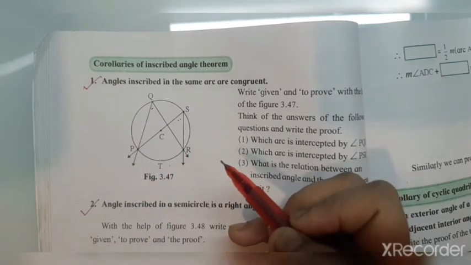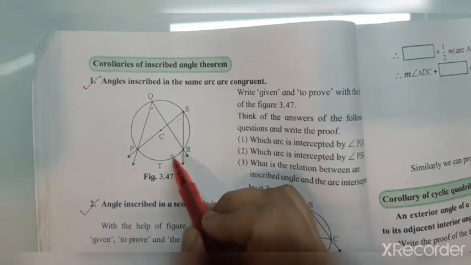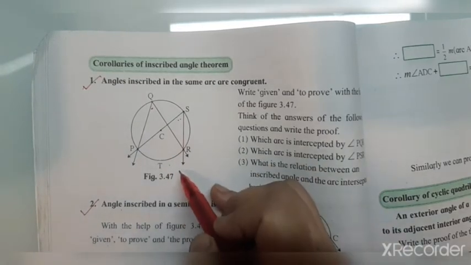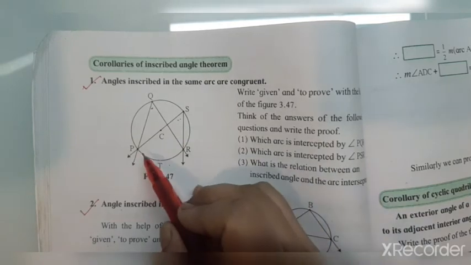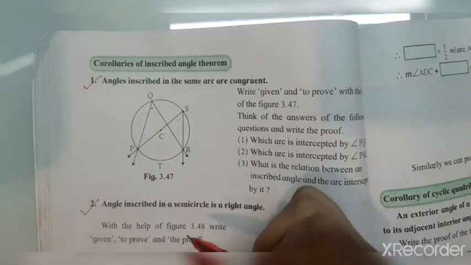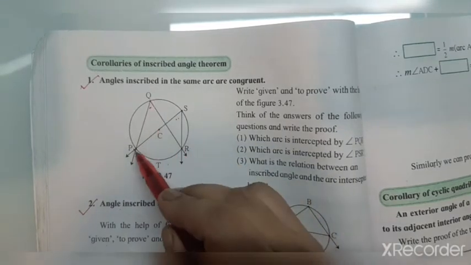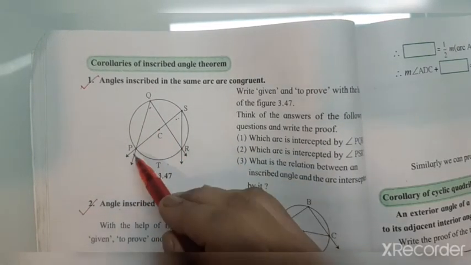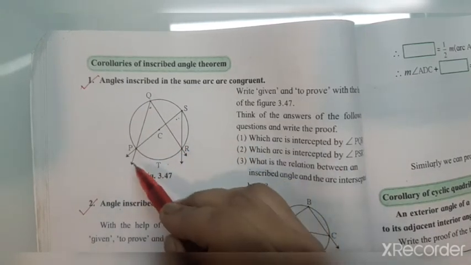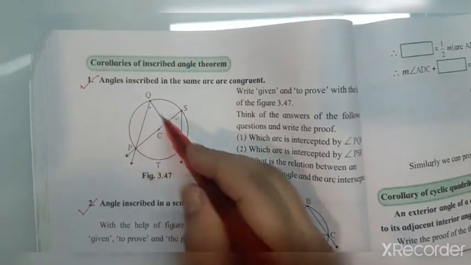Okay, we have studied one property which we have used in the earlier sum also, that the congruent chords of the circle are congruent to the corresponding arcs. Okay, so now if chord AB is congruent to chord CD, their corresponding arcs. So this chord AB, the corresponding arc is arc AB. Okay, and to this chord CD, its corresponding arc is CD. Okay, so first that we will mention.